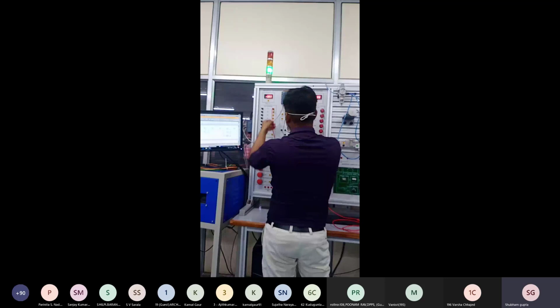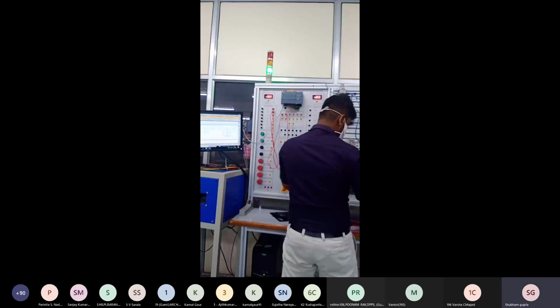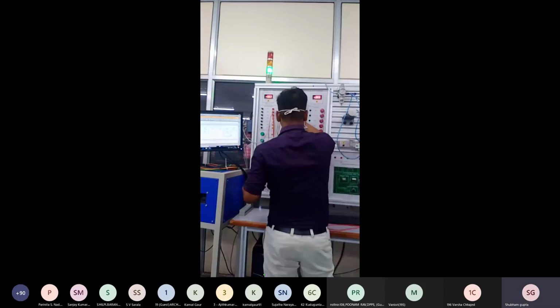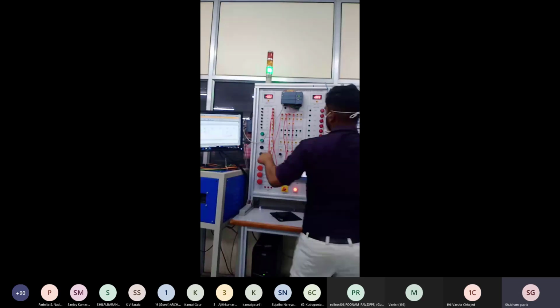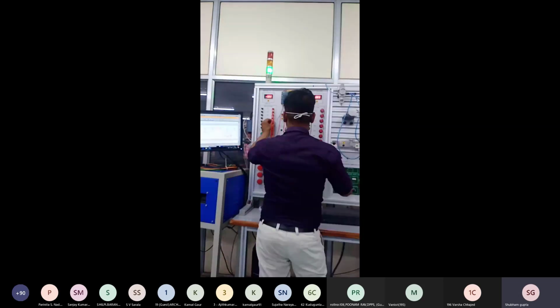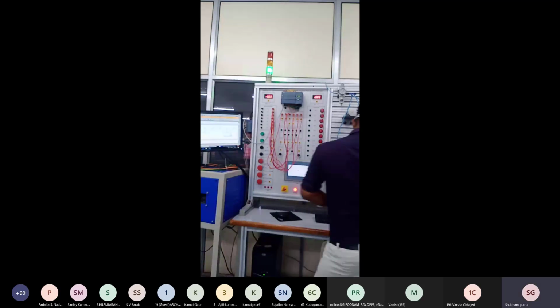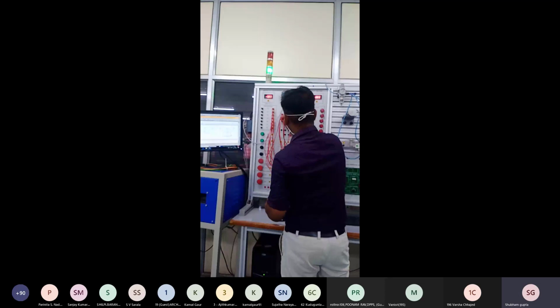R0.0, switch 1, switch 2, switch 3, switch 4, switch 5, switch 6, and switch 7. All switches are connected. Okay, and one output.